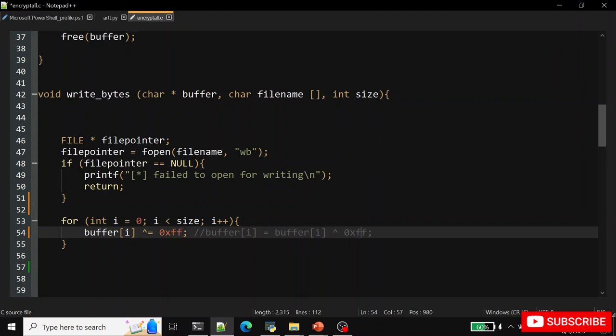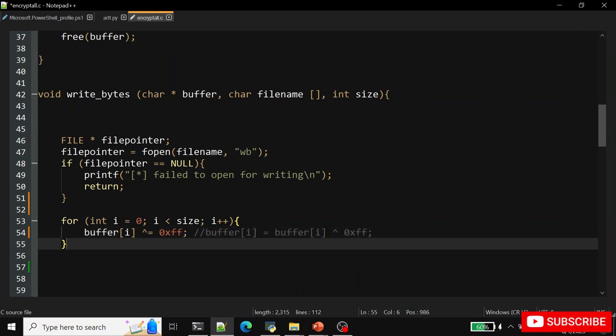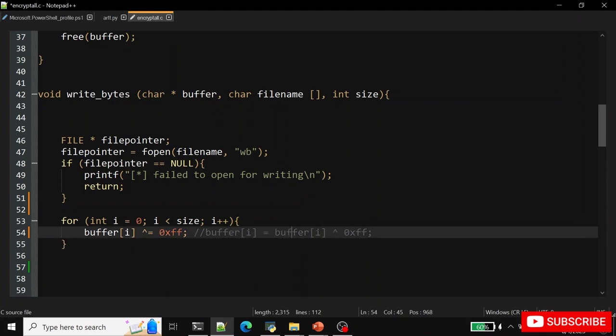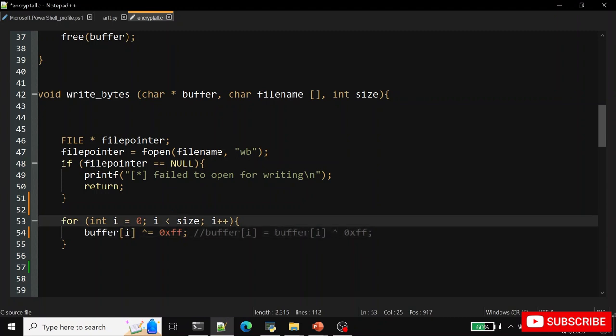You can change it as long as it is 1 byte. You can type 10 or 8 or anything, but don't go more than 1 byte. And we're gonna XOR it with this byte, and we're gonna write the content again to the buffer. Okay, and we will do this to the size which we took here. What this size is equal to is the length of the bytes of the file that we opened. Okay,